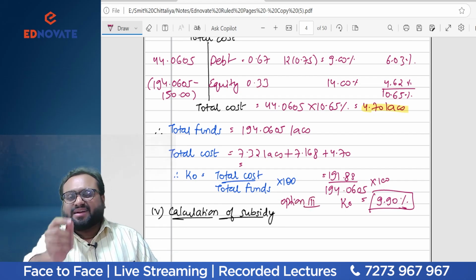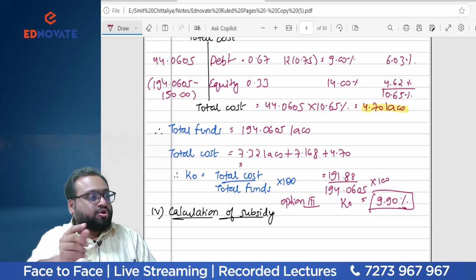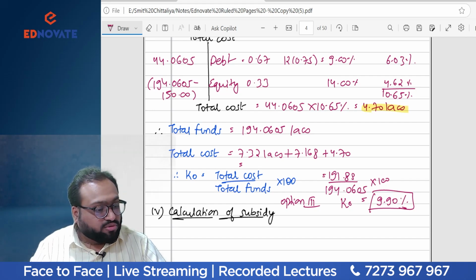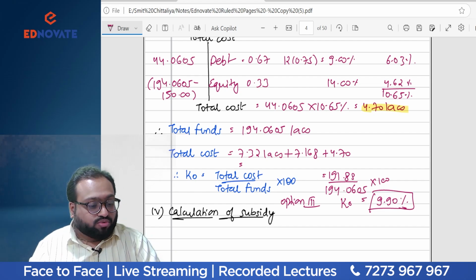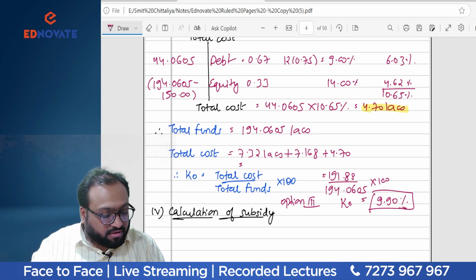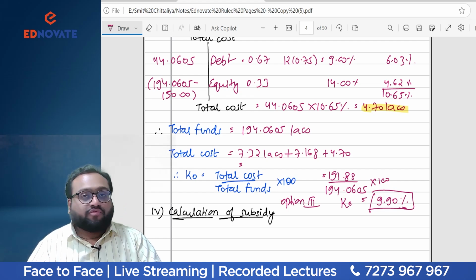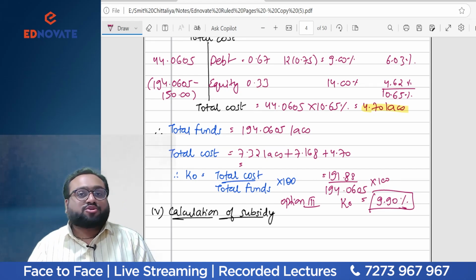9.90 you will get the answer. Nearly around you will get 9.89 due to rounding up because there are many decimals. So the nearest answer, I don't see any other answer which is as close as to 9.90. Others are 8.91. Of course, it is not there. 10.65, 10.01, and you will get 9.90 as the right answer.